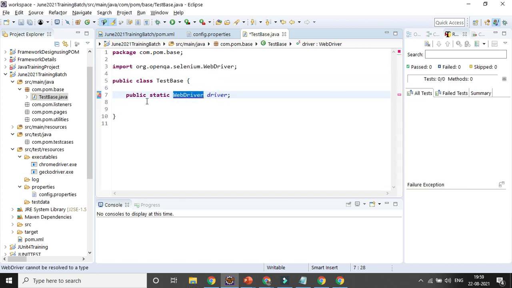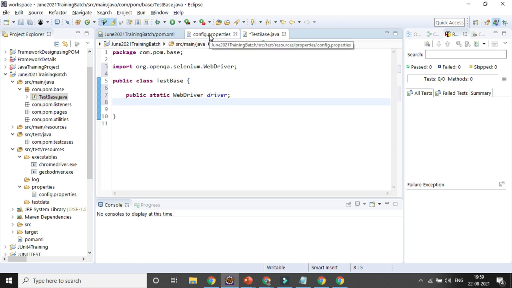Then the second one, as it is a config file, I need to read it, right. So how can I read it? With the help of the properties file, Properties, suppose prop equal to new Properties. I think we can also use WebDriver Manager, just to work on this. But most of the time I use that one only. So nowadays people are using WebDriver Manager.